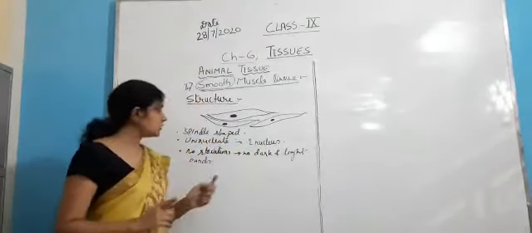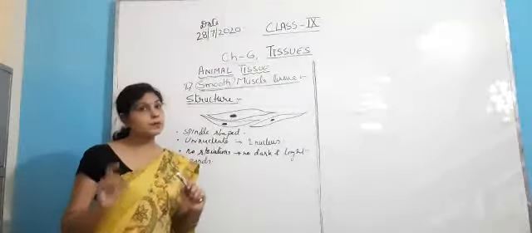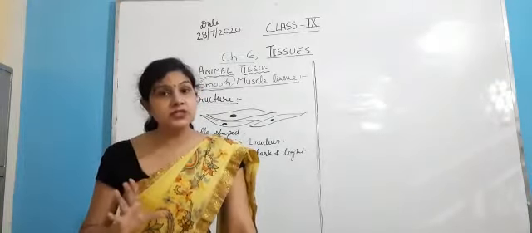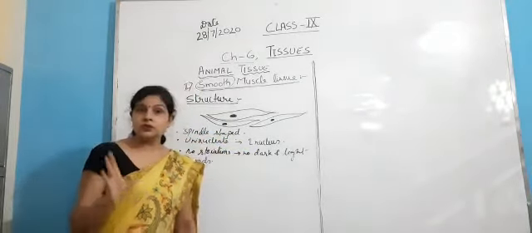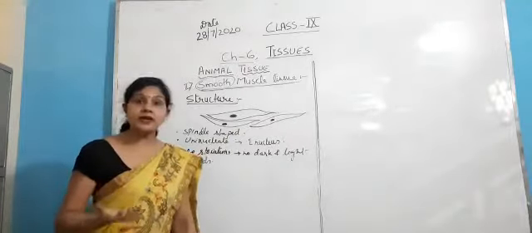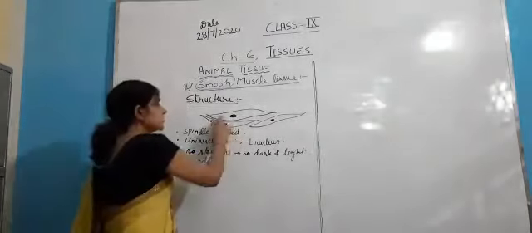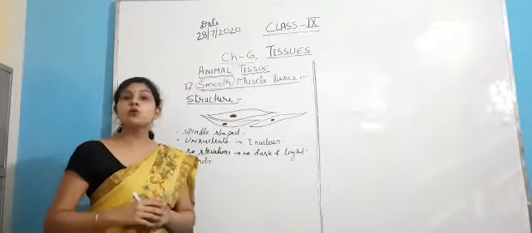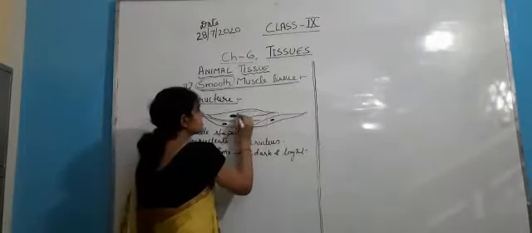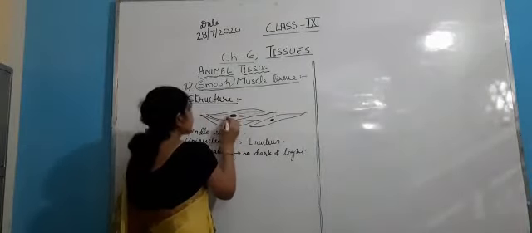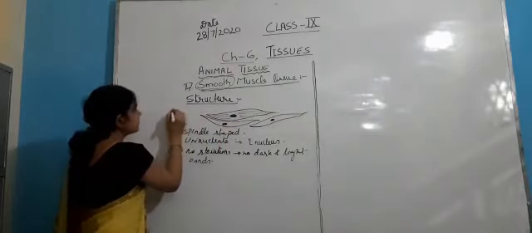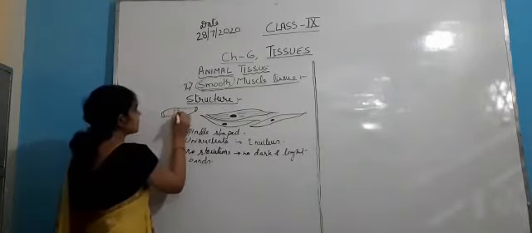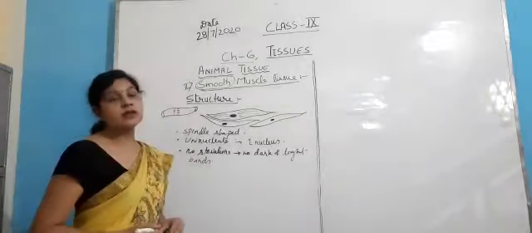But remember, that doesn't mean that they do not have actin and myosin, because the primary function of muscle tissue is to contract and relax, and this contraction and relaxation is only possible due to the presence of the contractile proteins actin and myosin. But in the smooth muscle tissue, the arrangement of actin and myosin is quite different. It is parallel to the cell. The striated muscle tissue is arranged like this, and that is why the bands were visible there.